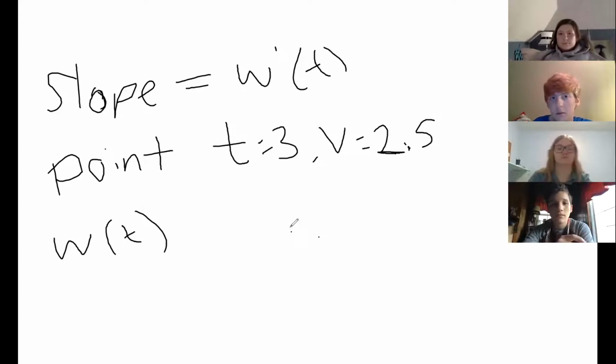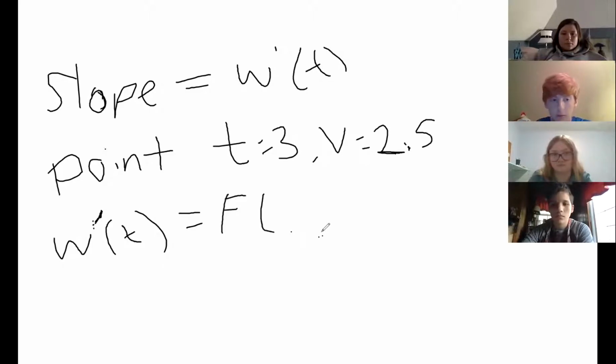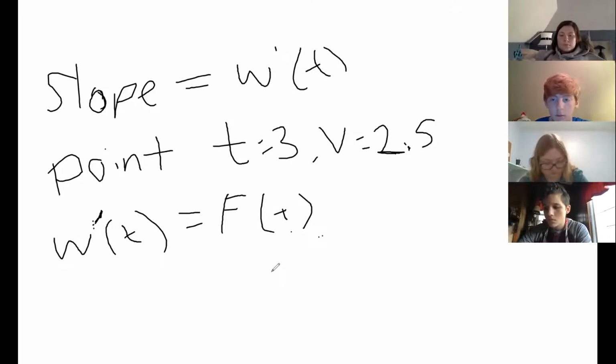And so I care about the derivative at 3. That's what I want to find out. And so the derivative of the volume is going to be the rate at which the water is flowing in and flowing out. So in would be positive and then out would be negative. So the positive amount that's flowing in, is that F of t? And then, sorry, this is really bad, guys. And then the amount flowing out is L of t. That's being leaked out. So my W prime of t,